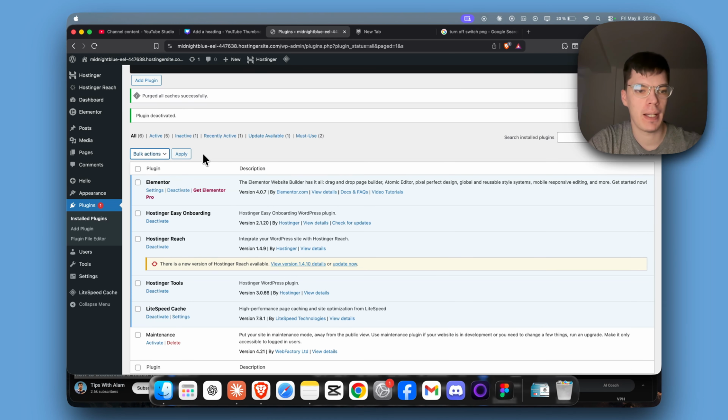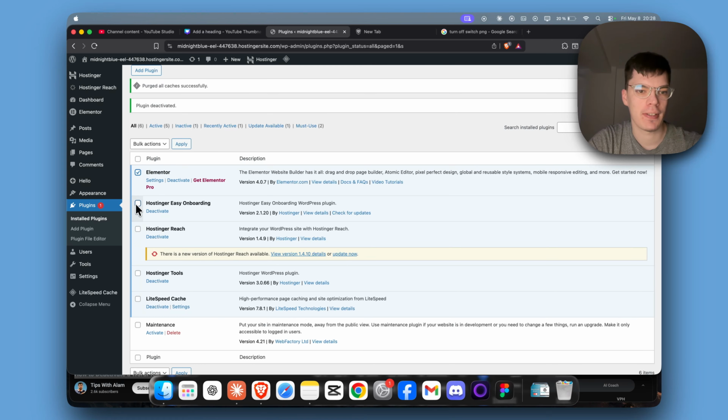If you have a lot of plugins and want to deactivate several at once, check the boxes next to the plugins, then use the bulk action, here the drop down menu, click deactivate and hit apply, and all selected plugins are going to be deactivated. So that's how you can deactivate the plugin in your